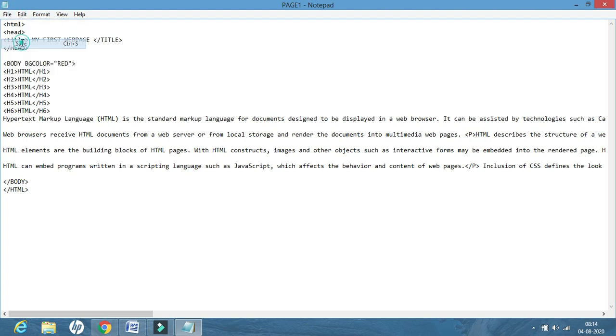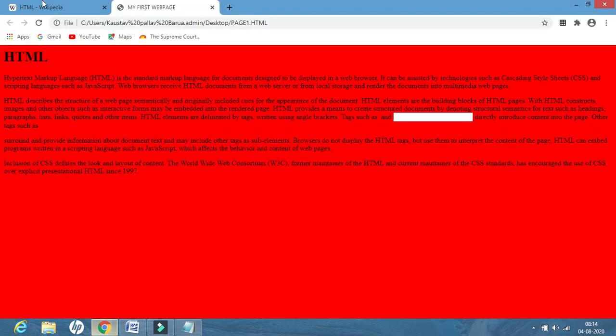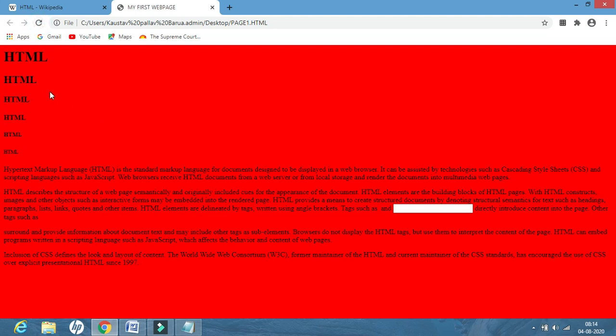Click on File, save again, refresh and see. The only difference between H1 and up to H6 is in their size. Whichever size you want to use, you can use. That will be completely your choice.